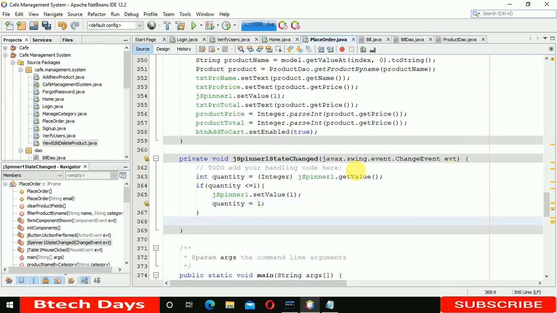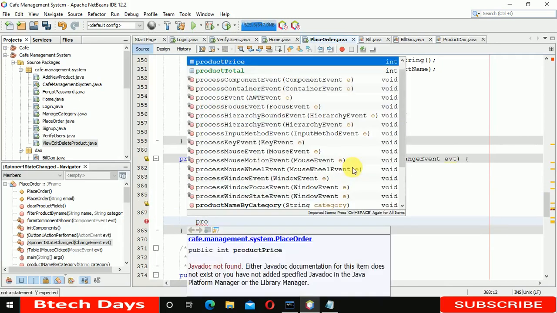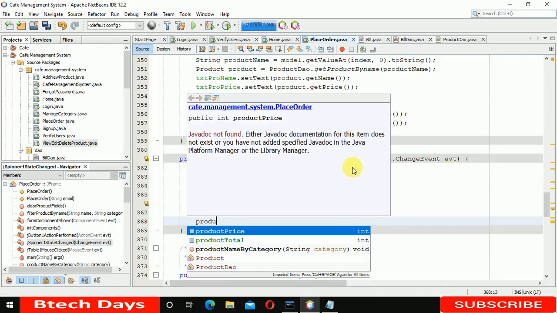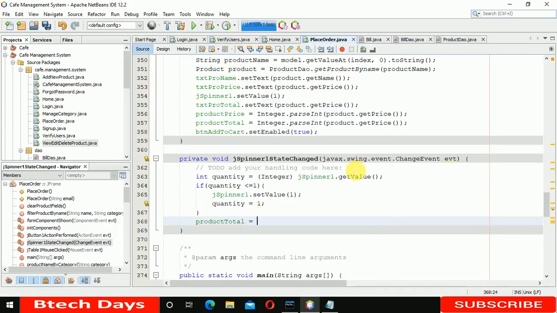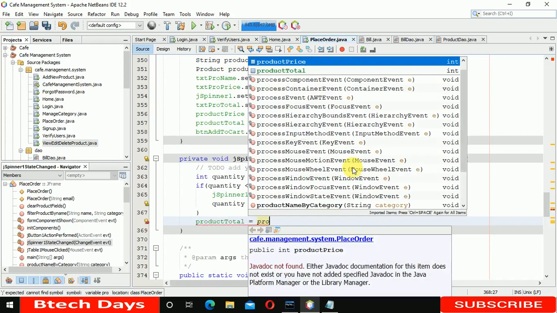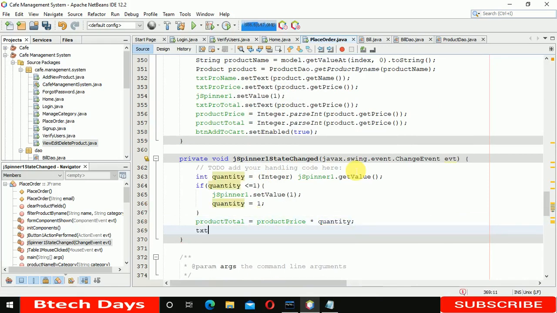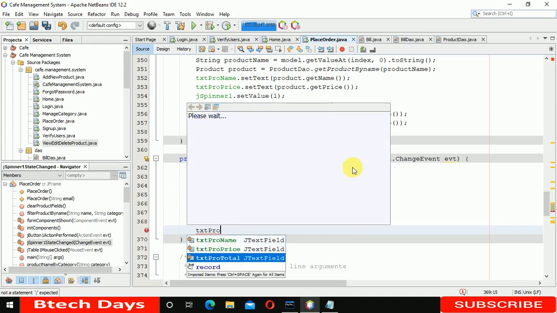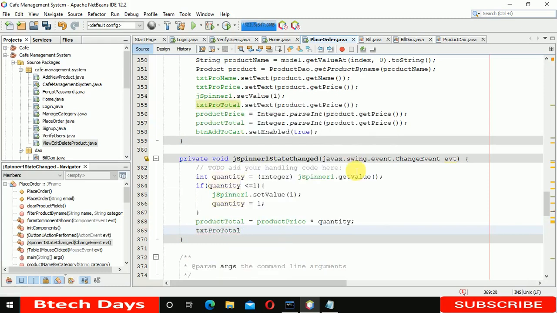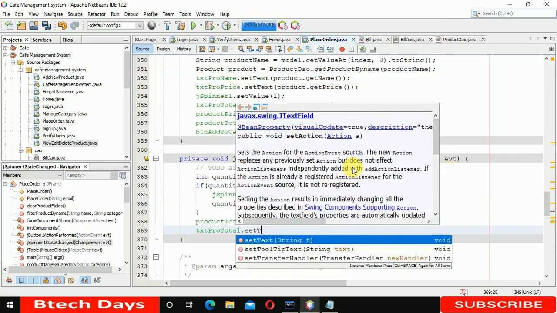And after that, the next product total is equal to product price, sorry, here we have to multiply by the quantity, whatever the quantity is. And for the txt row total, here we have to set that value, so set text,